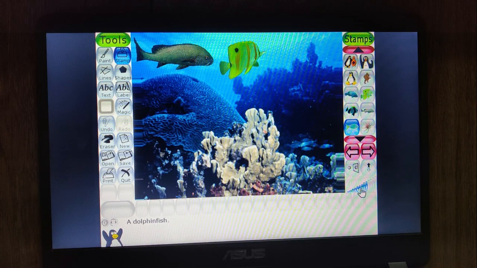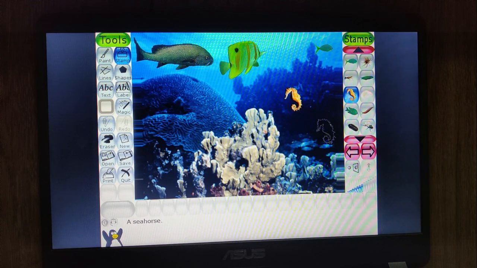If you want to increase the size of the stamp, you can decrease or increase from here and paste it here. Clear? We can see so many stamps are available. If you want to see holes in the picture, select the seahorse stamp. Take a size of it and stamp it here.